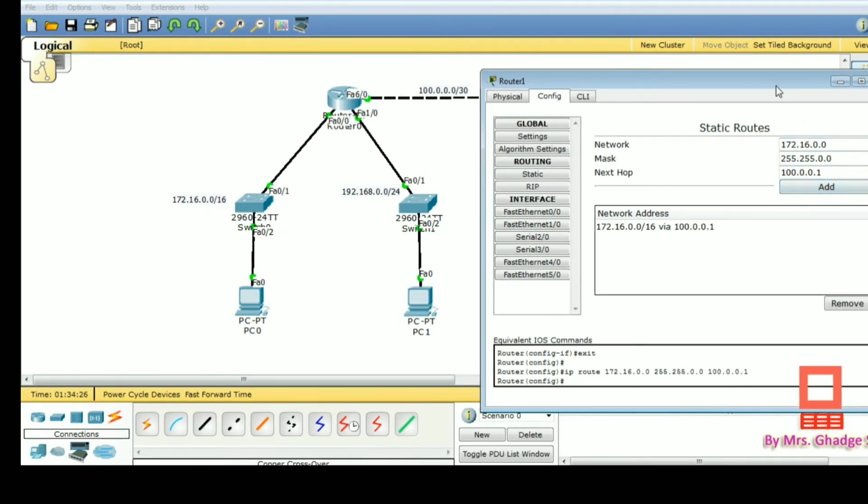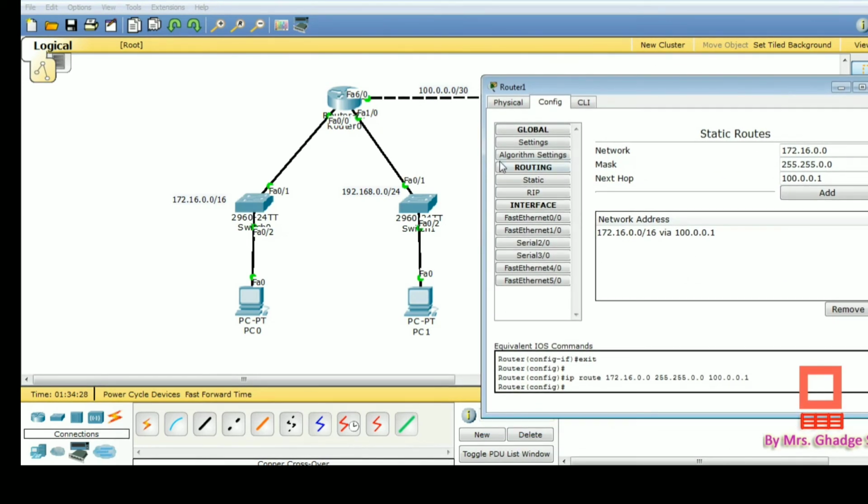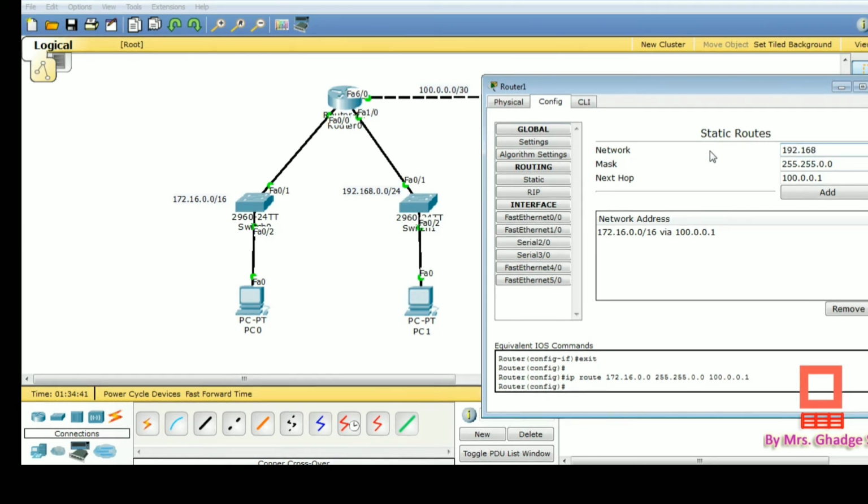Okay, again similarly we have to add the second network that is reachable from the second router. So the second network is 192.168.0.0. Then we have to write the subnet mask.